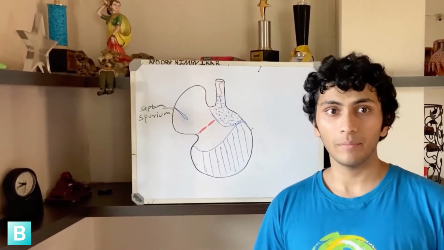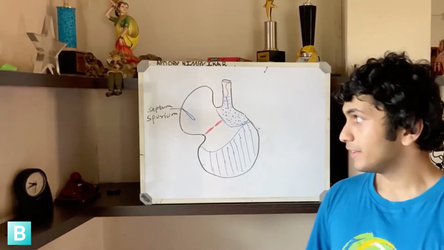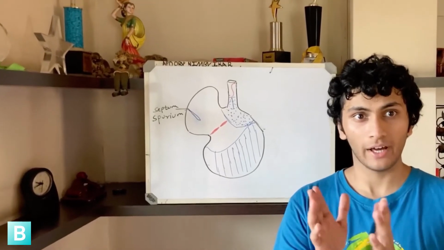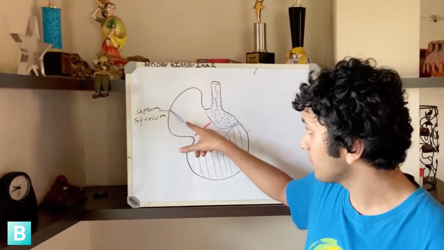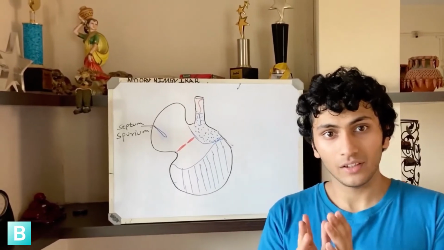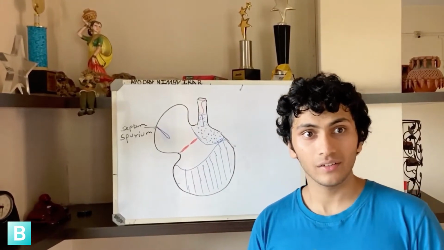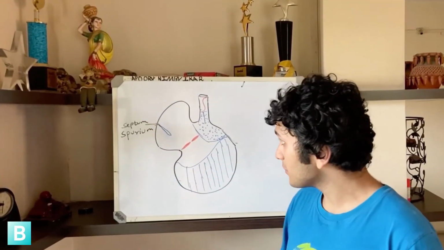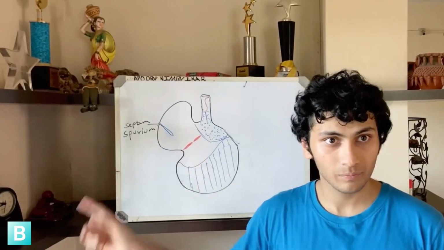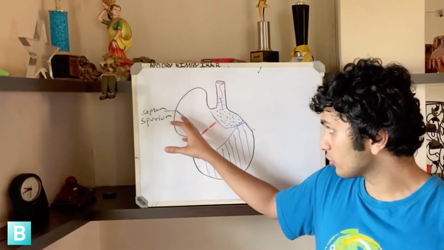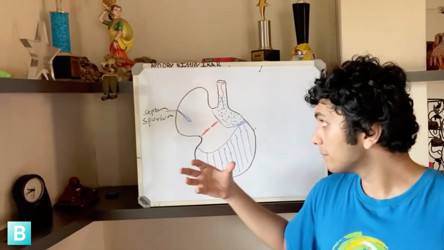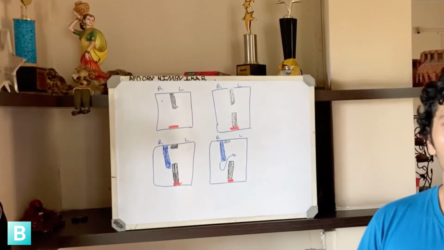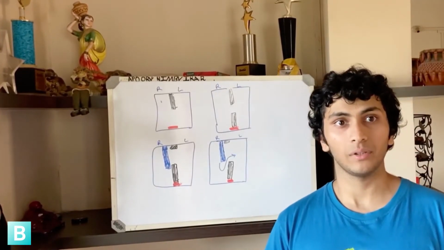Now we will see the development of the atria. The opening between the sinus venosus and the primitive atrium starts to narrow and becomes almost slit-like. The two edges of this slit are called the venous valves. Cranially, these fuse and form the septum spurium. And the sinus venosus is absorbed into the atrium by the enlargement of this sinoatrial orifice. Now we will see the development of the interatrial septum.